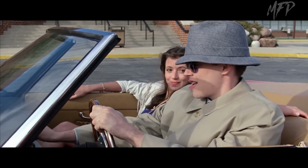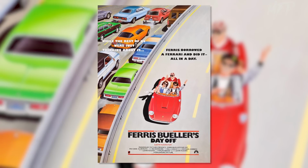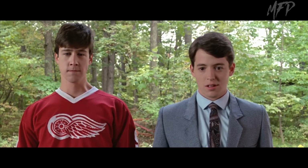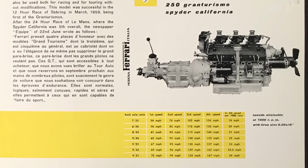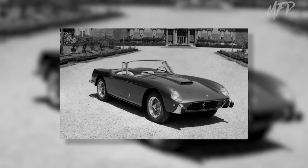Neither would I. Already decided to make this one simple day as special as possible, what better way to do this for the lead character in his self-titled film Ferris Bueller's Day Off than by stealing his best friend Cameron's father's prized possession, a 1961 Ferrari 250 GT California Spider, originally equipped with a V12 3-litre 240 brake horsepower engine that was able to go from 0 to 60 in 7.2 seconds and had a top speed of 145 miles